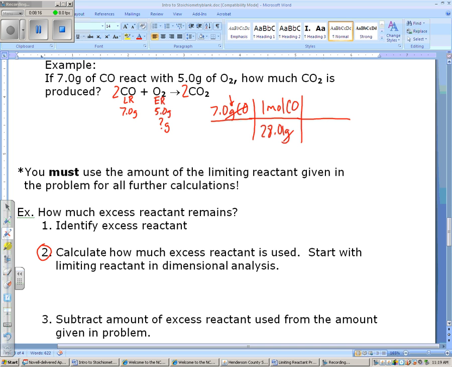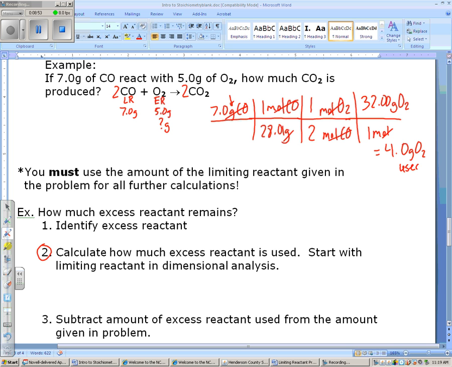Now, can I use mole ratio? Yes. I'm going to go moles of CO, and I'm going to go to the excess reactant, so moles of O2. Fill it in with the coefficients, 2 and 1. Now, I have moles, but I need to go to grams. And so, to go from moles to grams, it's molar mass. So in 1 mole of O2, you have 32.00 grams of O2. That leaves me with grams of O2. And when you do this calculation, you end up with, with 2 sig figs, 4 grams of oxygen